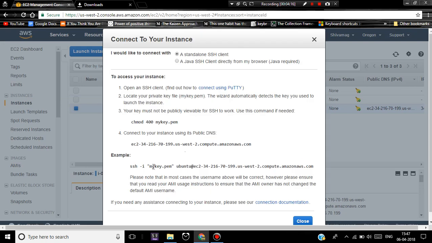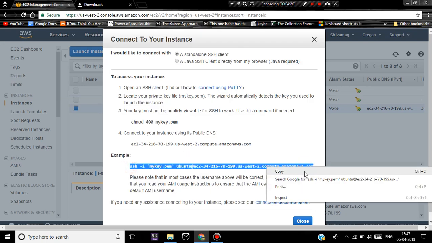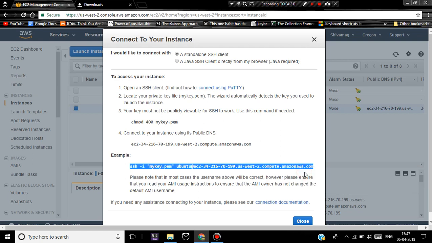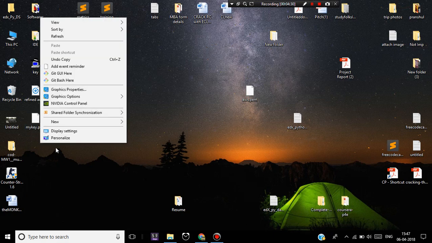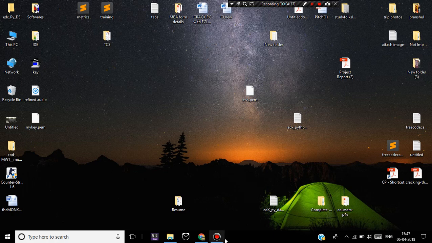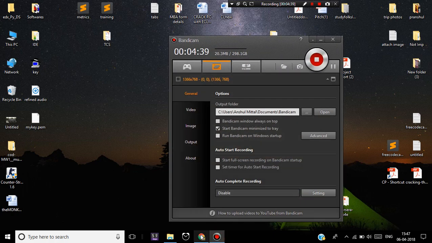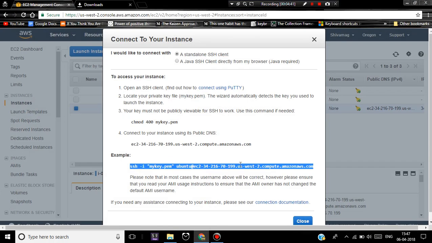Just click on connect to your instance, copy this line and open your terminal, and simply, let's say my file is here, mykey.pem. Say you are using Ubuntu, right click and there will be an option open in terminal. Open the terminal and paste this line and hit enter, and it will automatically connect with your cloud